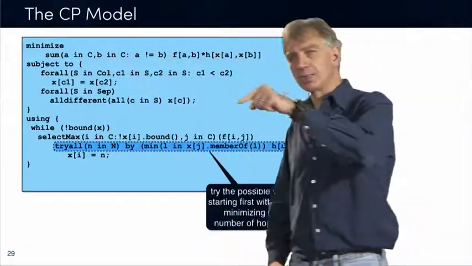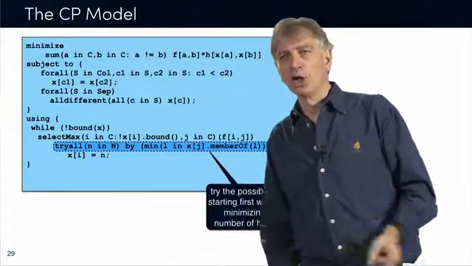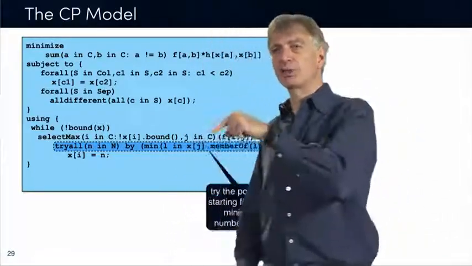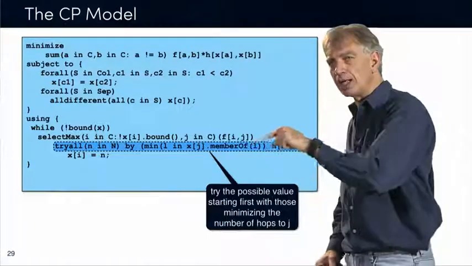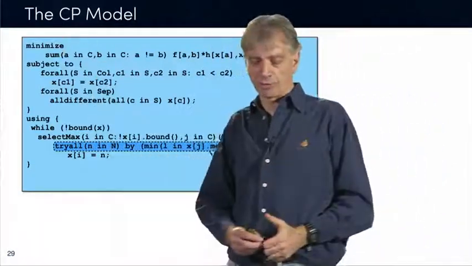So in a sense, what is important here is that you are using information on the objective function to drive the search. This is a critical aspect of this problem. If you don't do that, the execution time is going to increase by an order of magnitude.